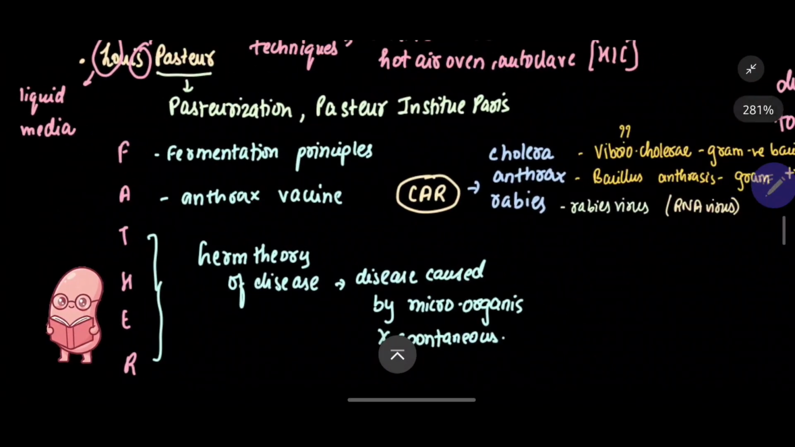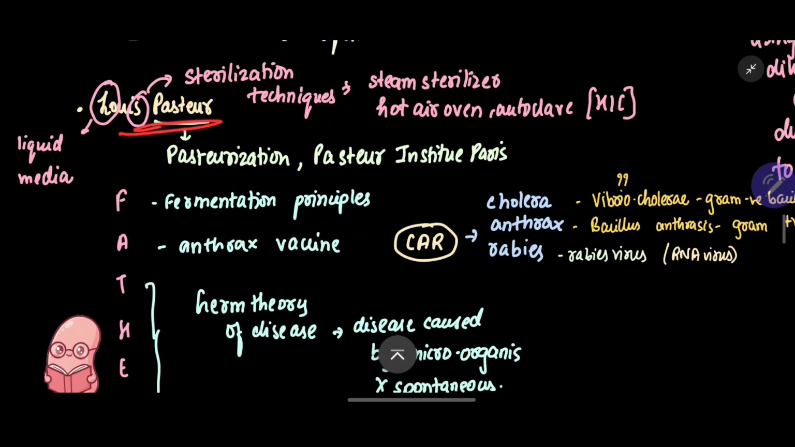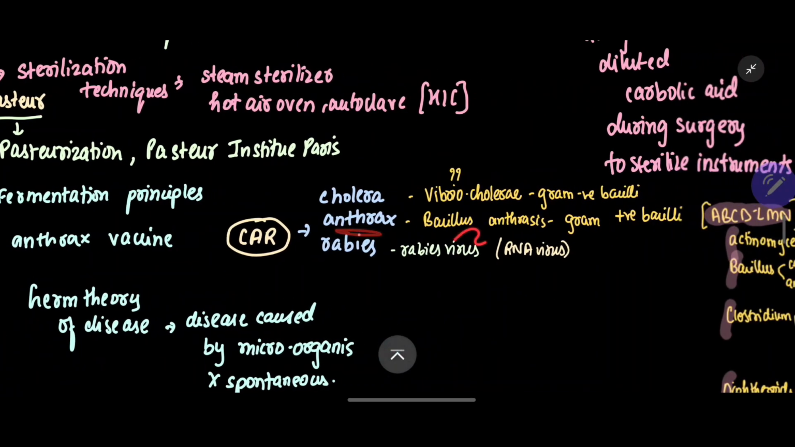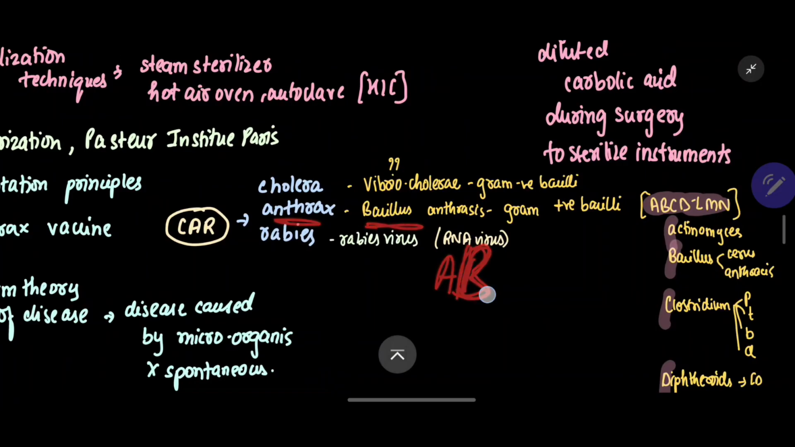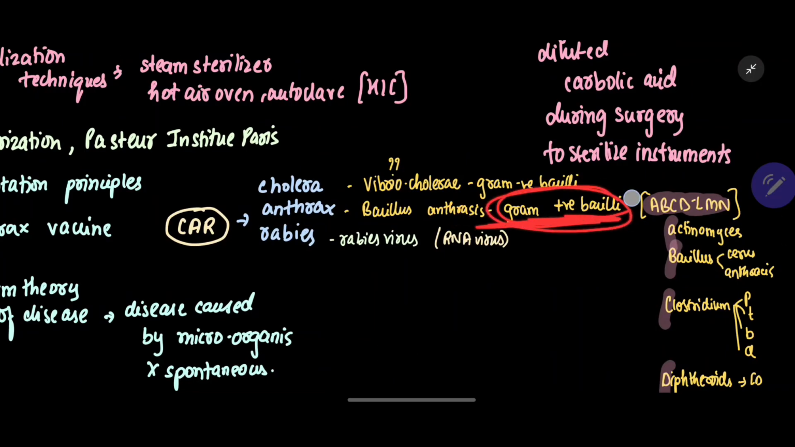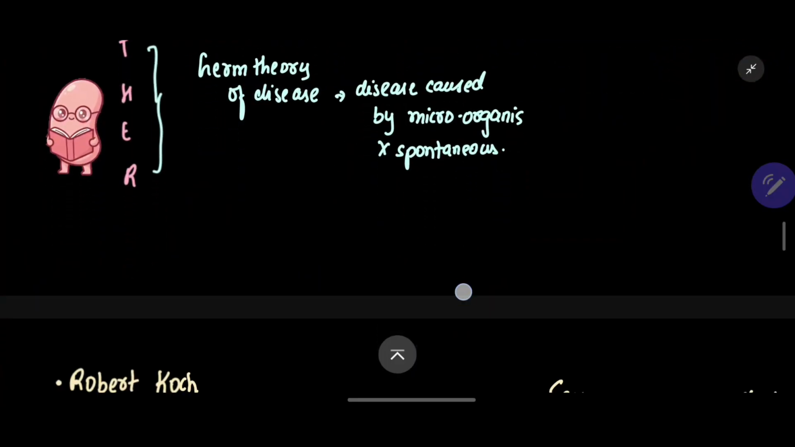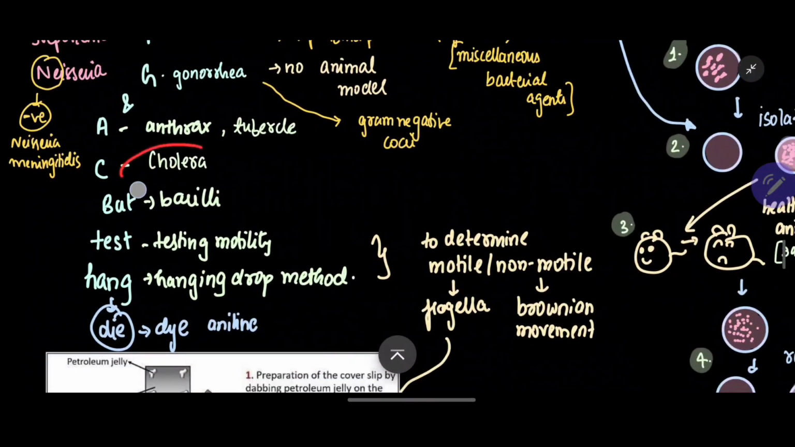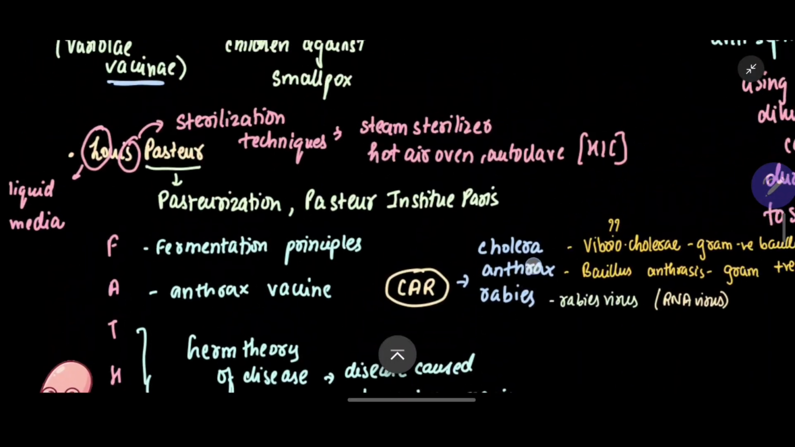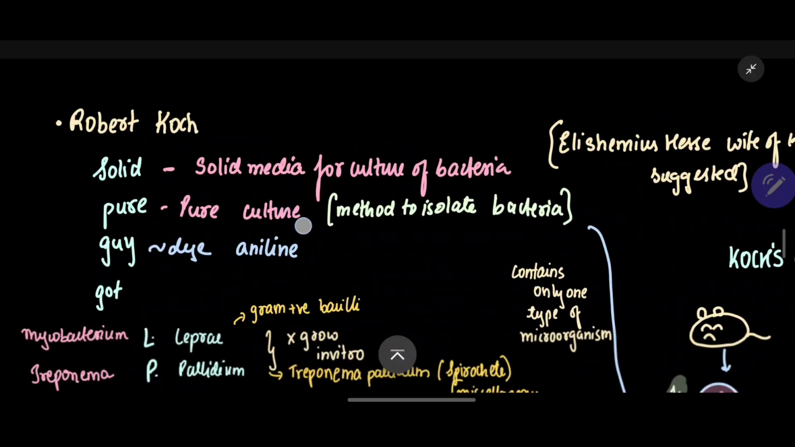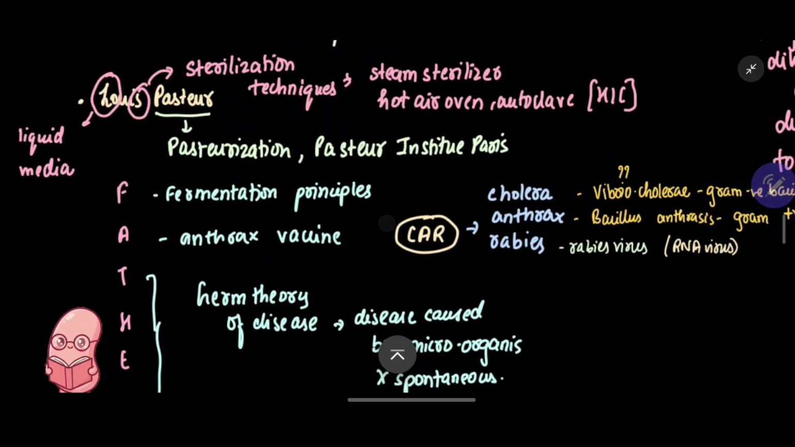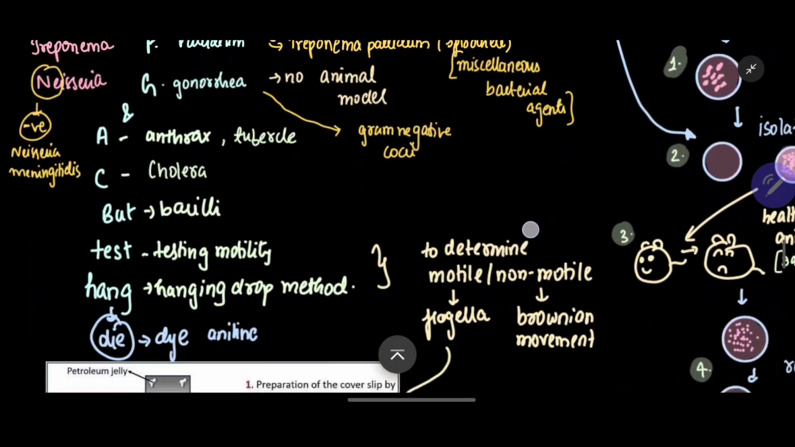Who gave the vaccine for anthrax? Louis Pasteur. So anthrax was Bacillus anthracis. B for Bacillus. And this is a gram-positive bacilli because it has a mnemonic. And then our cholera, we've already talked about cholera as well. So basically, this guy discovered these bacteria, and then Louis Pasteur gave the vaccinations against these diseases. Okay. Moving on,